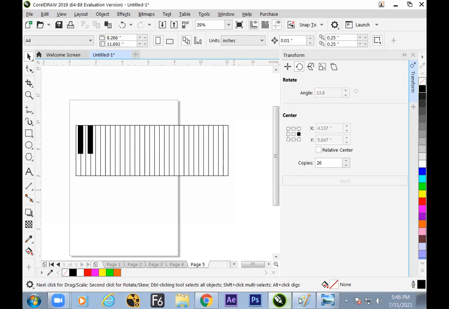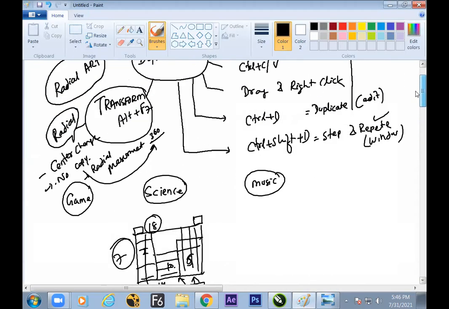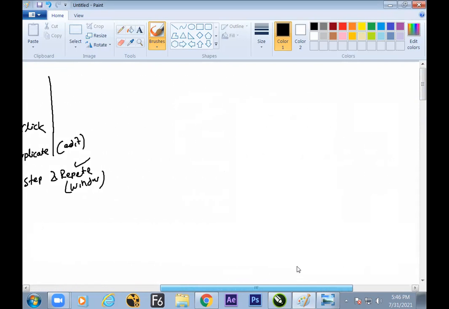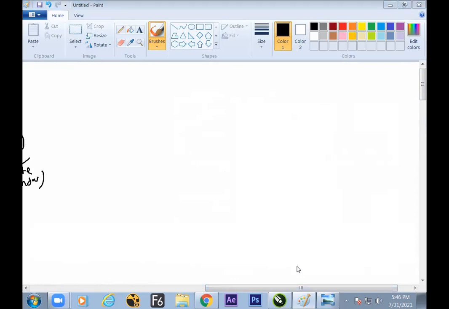Fine. So hope in today's session, till now, we got to know the different techniques to handle multiple objects on screen. Quite important. Next, we'll switch to a major topic in CorelDRAW that is called power clipping.